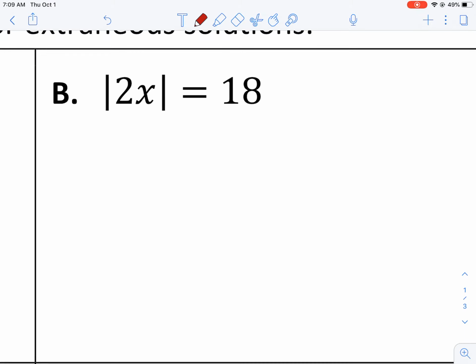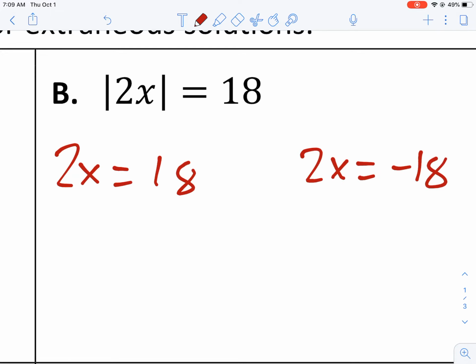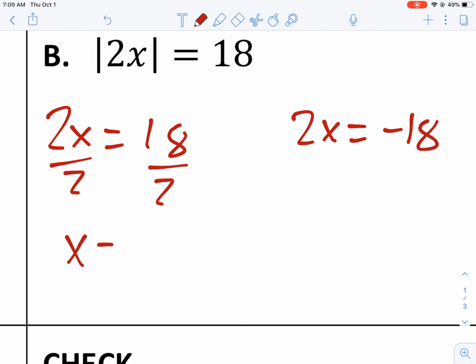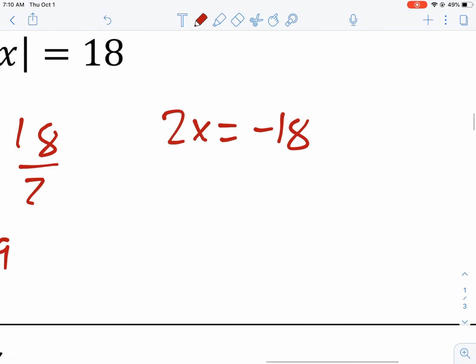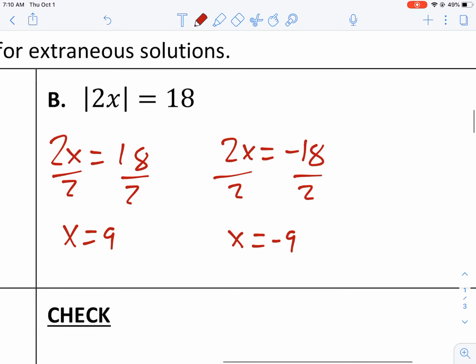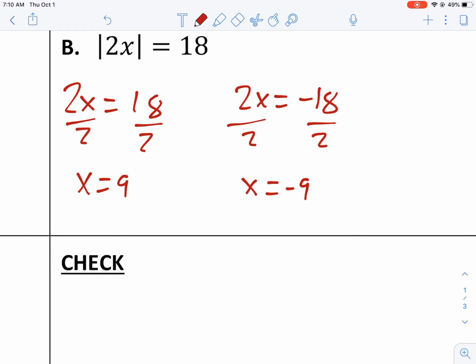So again, 2x could equal 18. Or 2x could equal negative 18, all right? So we need to check for both of these cases. So divide by 2, we get x equals 9. And then divide by 2, and we get x equals negative 9. All right, so if we check these, plug 9 in for x,